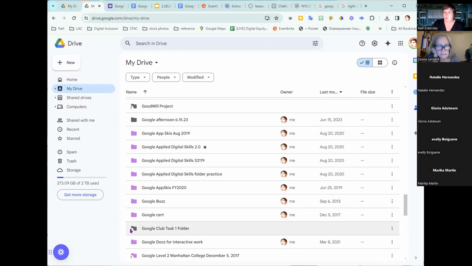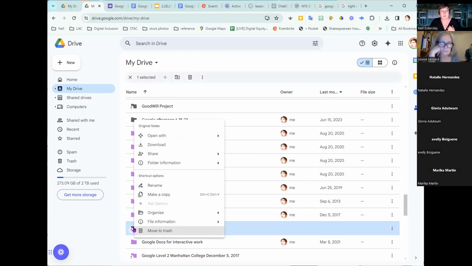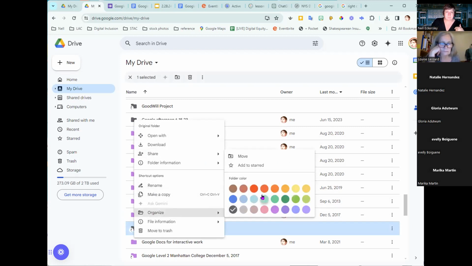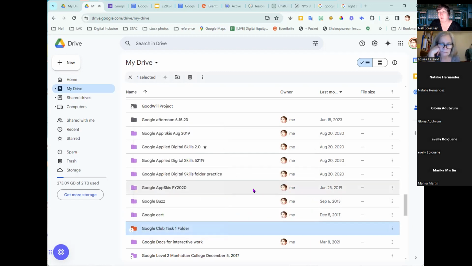This is important for you to know. If you're working with students or colleagues or whatever, this is totally a personal view. So I see all of these as pink, but if I share this with you, you will get a gray folder and you can decide what color it's going to be. So you can't create a purple folder and give a link to someone and say, go to the purple folder. They're going to see a gray folder. They have to decide to make it whatever color they want. And that's fine. So I know that this is red before. I'm going to go ahead and make it red again, because that's sort of my code for like, this is important.